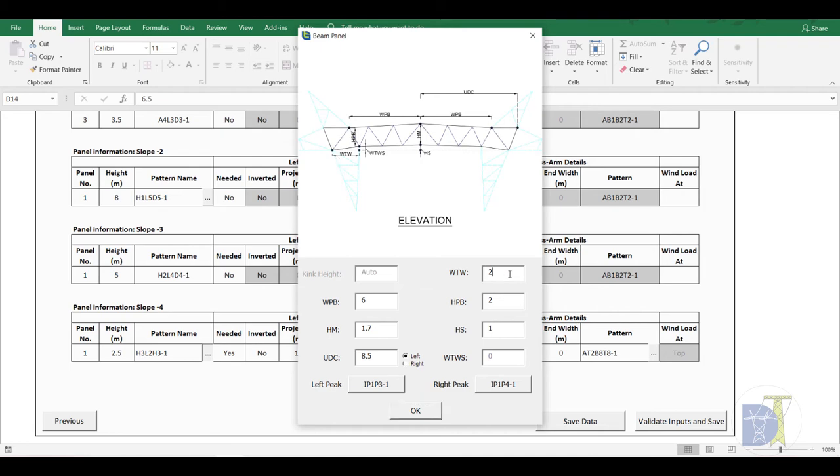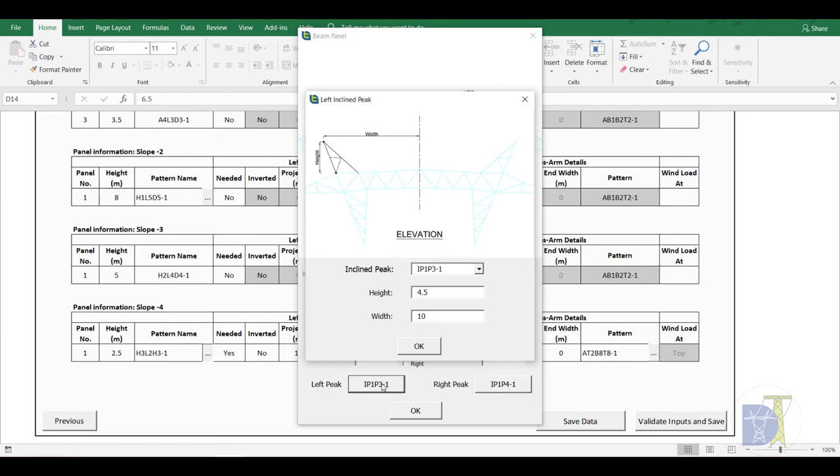Now the user can provide the required dimensions for each and every input provided in this form. Note that this UDC input will only be unlocked for unequal beam patterns only. To this beam panel, the user can provide left peak and right peak information as well. Here you can see an image with left peak highlighted.